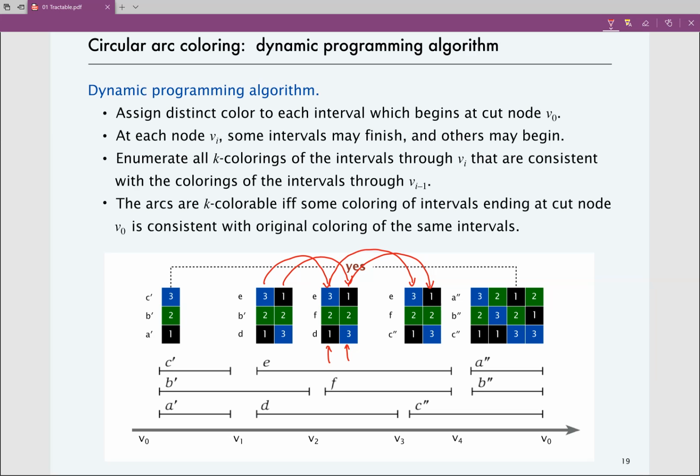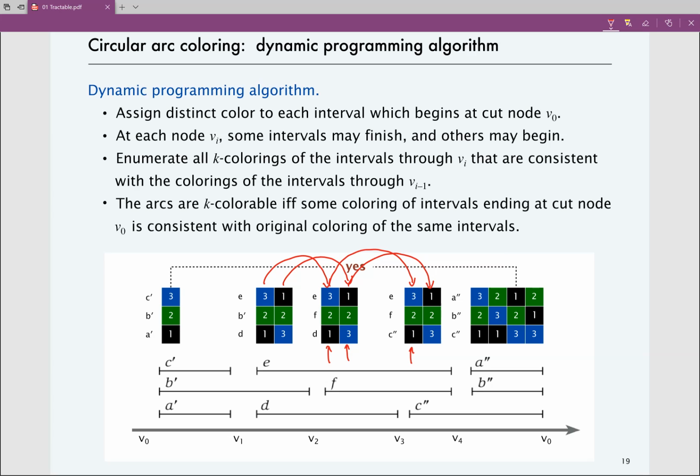All right, and now finally we get to V4. At V4, we just have one interval, C double prime, which continues from V3 to V4. The C double prime needs to have the same color both at V3 and V4. And so this means that if we used this coloring over here, where C prime had color 1, then